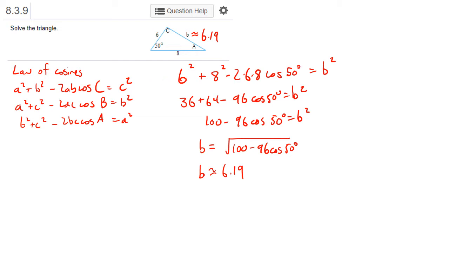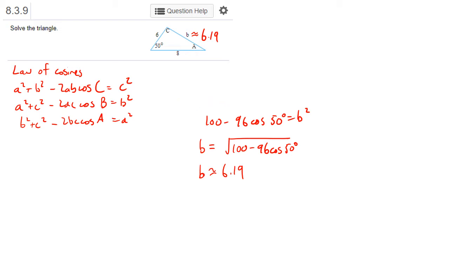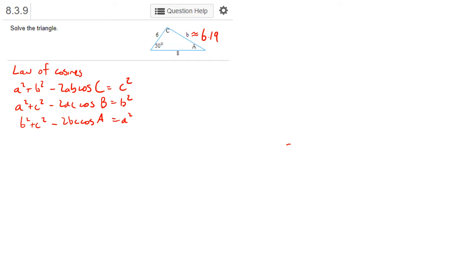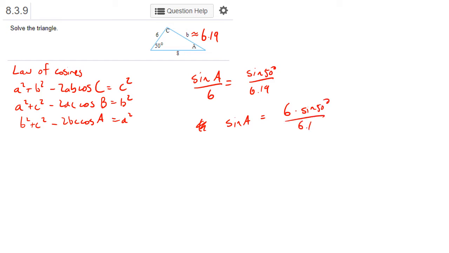Now you do have two options. You can use the law of sines or the law of cosines. And even though the law of cosines has a bit more computation in it, I actually recommend you use the law of cosines to find missing angles. And here's why. If you use the law of sines to find a missing angle, you would set up something like the sine of the angle A over 6 is equal to the sine of 50 degrees over B, which is 6.19. In other words, the sine of A is 6 times the sine of 50 degrees over 6.19. So A is the arcsine of this quantity,